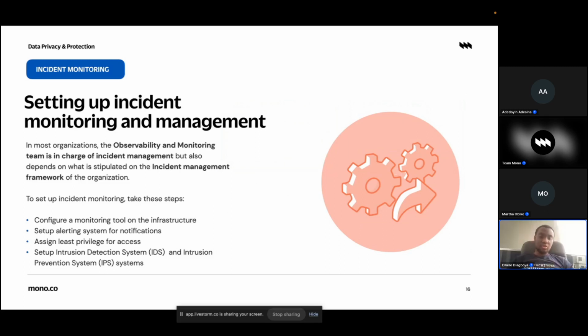The first thing is you need to configure a monitoring tool on the infrastructure. Now, you can never quantify what you don't measure. If you don't have a monitoring system, you really cannot know if there's an incident in your system. So, for example, if you don't monitor your application or your website, if there's a downtime, you really can never know. The only time you will know is maybe when a customer decides to reach out and says, you know what, I'm trying to make this transaction and I can't make this payment. What is going on? Then you eventually know that there's a downtime.